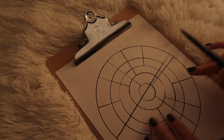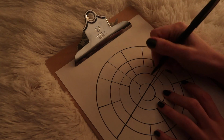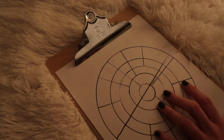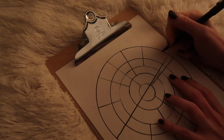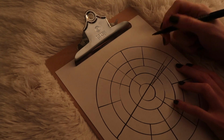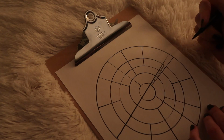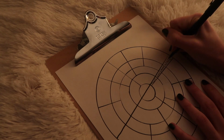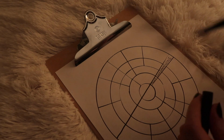These are going to be different wines, and here we have different categories. So this will be fruit. This is going to be wood. And the next one is earth. And then this is the wine itself, which maybe I'll just leave blank for now. No. Wine, in really big letters. Okay. Actually,